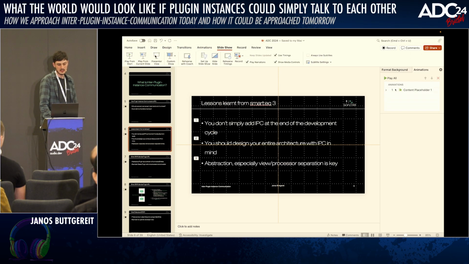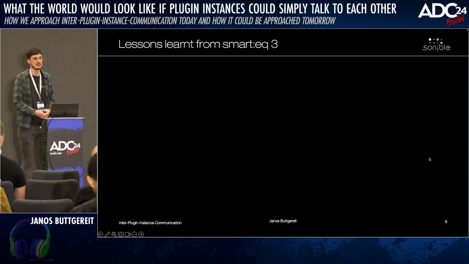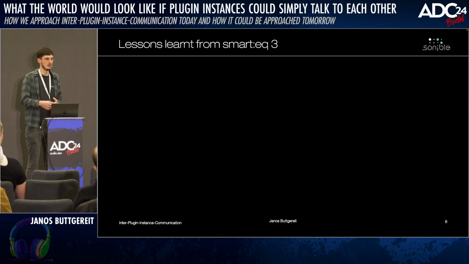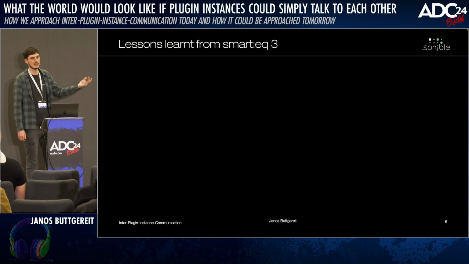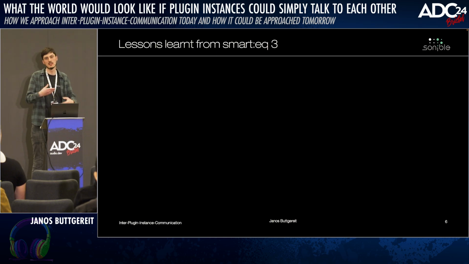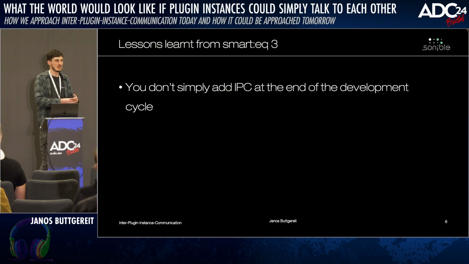SmartEQ4 is not the first plugin we built that makes use of some kind of inter-plugin communication. There was SmartEQ3 before it, and SmartEQ3 was the first approach to do things like this. We had a lot of features we implemented in SmartEQ4 in mind when implementing SmartEQ3, but we started implementing it as a usual plugin. At some point, we realized you don't just simply add inter-plugin communication at the end of